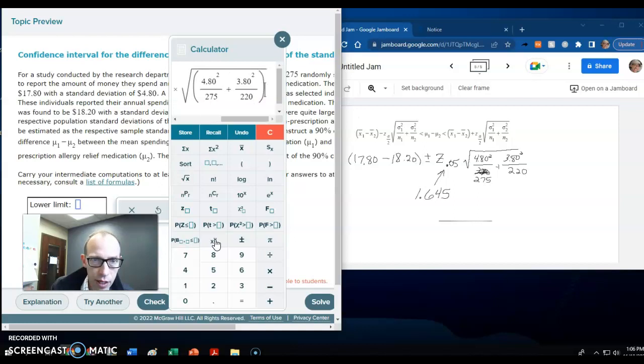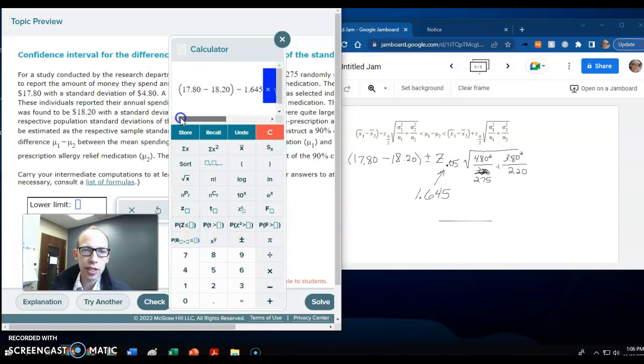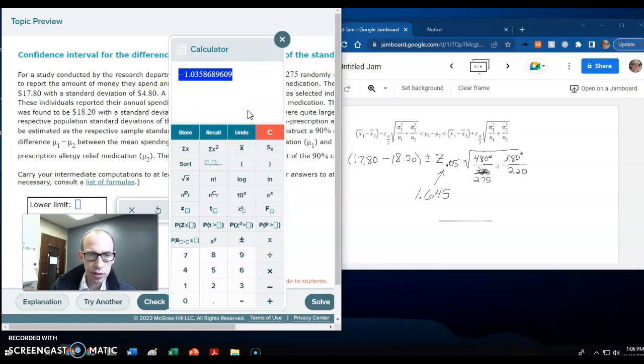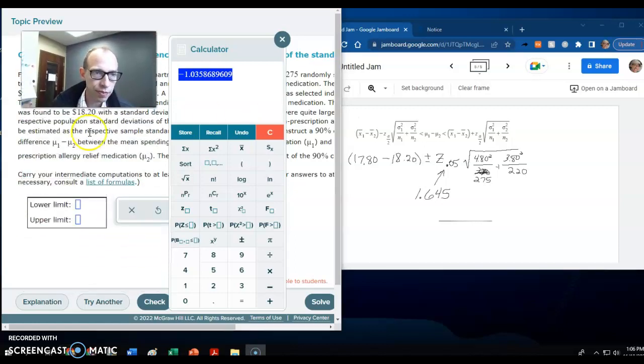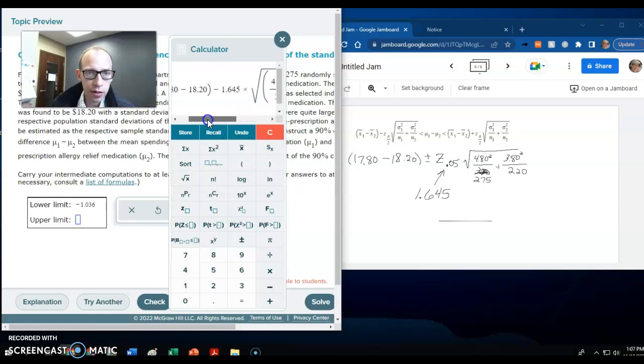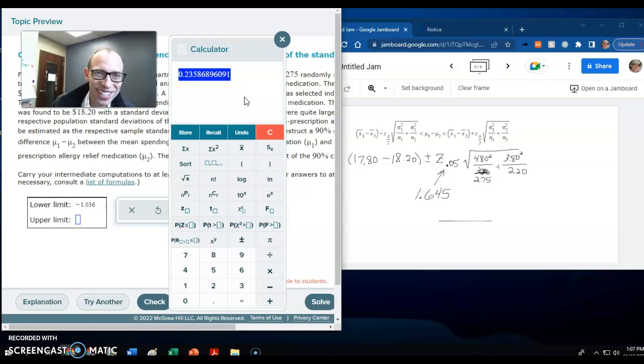Okay, and I'm going to copy this just because I'm going to reuse this in just a second. There we go. And we'll go ahead and enter. So that's our lower limit. Is it always negative? No, not necessarily. That just happens to be the case here. All right, and then clear that out. And the only thing we need to change for the upper limit is we need a plus sign there, and make sure that we don't have a negative sign. All right, and this should give us